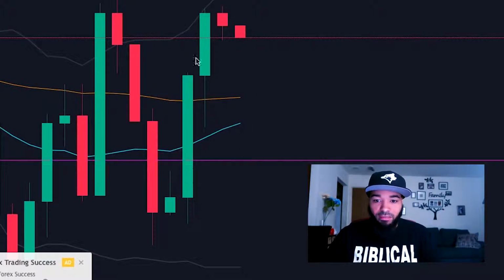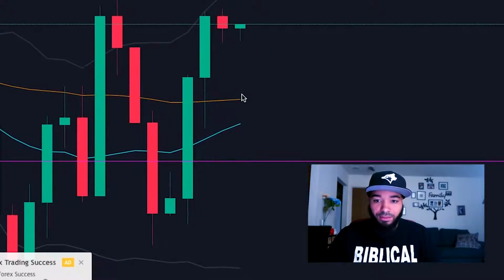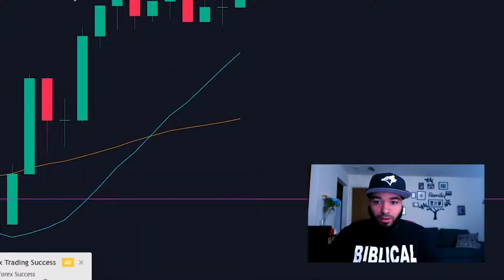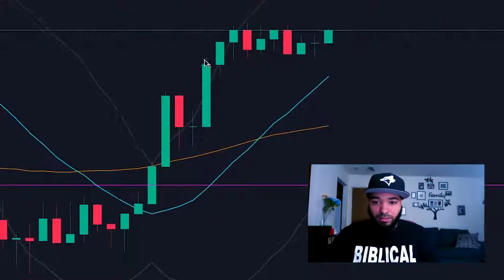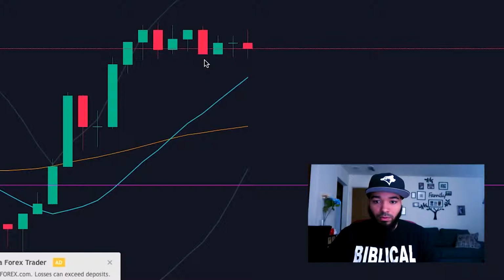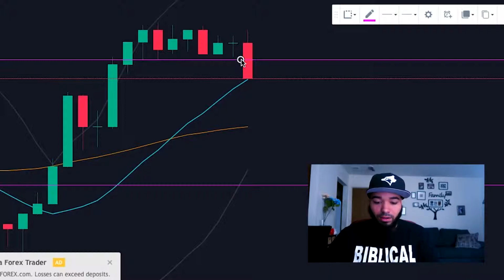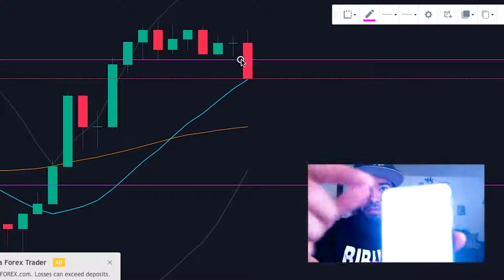Alright, so we was in on that buy, and now we are in on this sell here. So if you look on the 1 minute, it's consolidating. We're waiting for a breakout. So we might be getting that breakout. Uh-oh, looks like we're getting that breakout, guys. And as you can see,